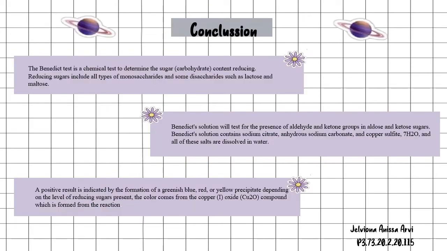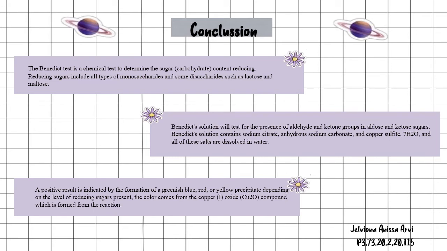Next, there's conclusion. So the Benedict test is a chemical test to determine the sugar or carbohydrate content reducing. Reducing sugar include all types of monosaccharide and some disaccharides such as lactose and maltose. Benedict solution will test for the presence of aldehyde and ketone group in aldose and ketose sugar. Benedict solution contains sodium citrate, anhydrous sodium carbonate, and copper sulfate 7H2O, and all of these salts are dissolved in